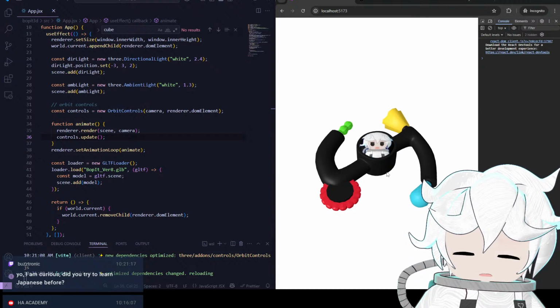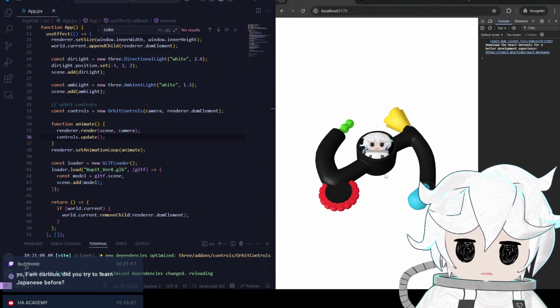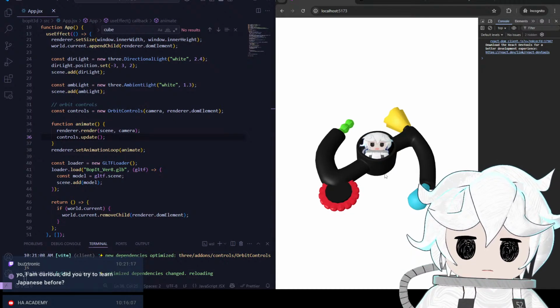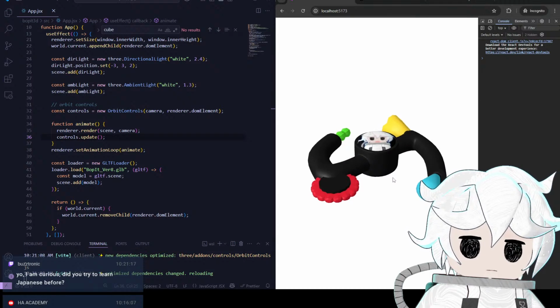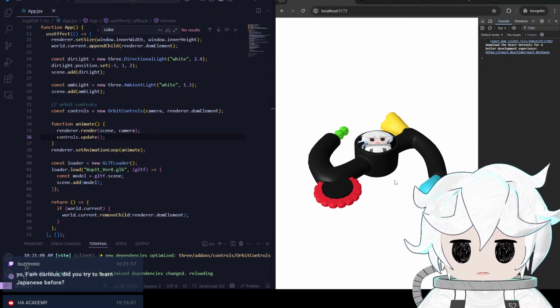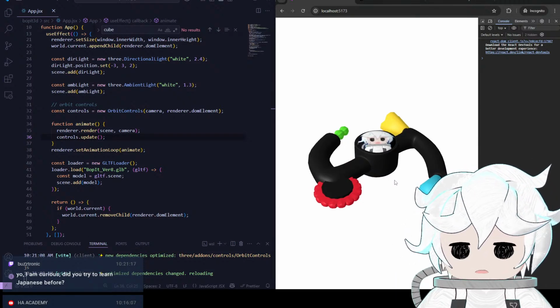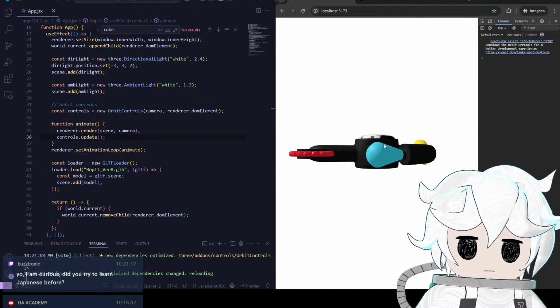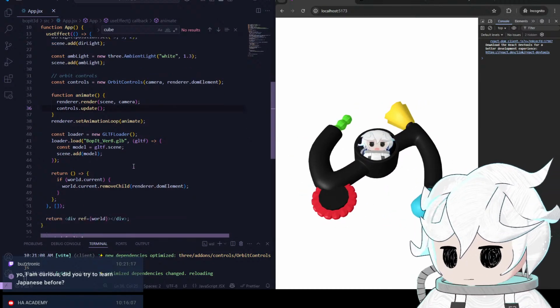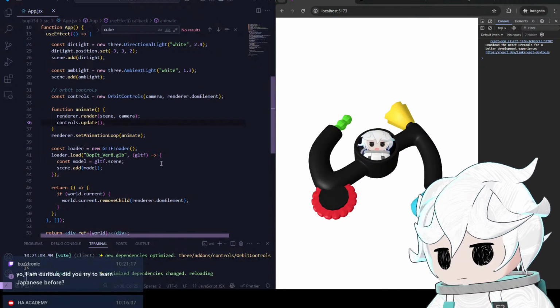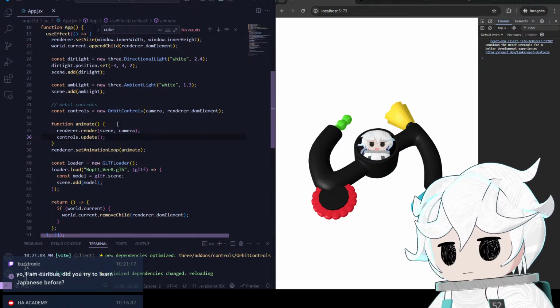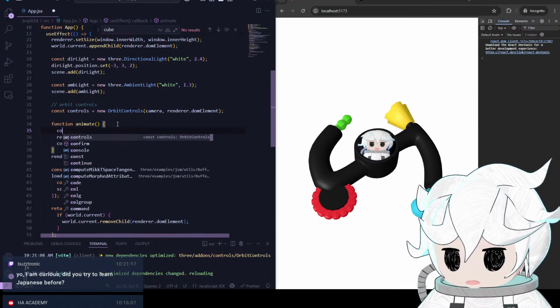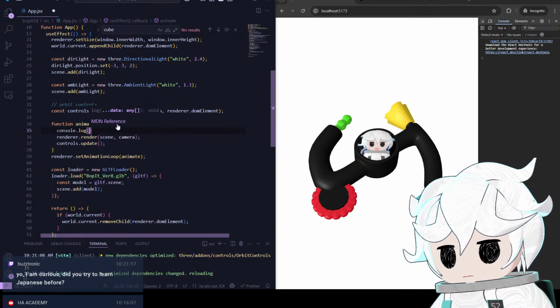Or actually it should be a quick fix, right? I can always just print out the camera's coordinates and then set it as the initial coordinates before the orbit controls come in, right? Okay. Animate. So I can just do console.log